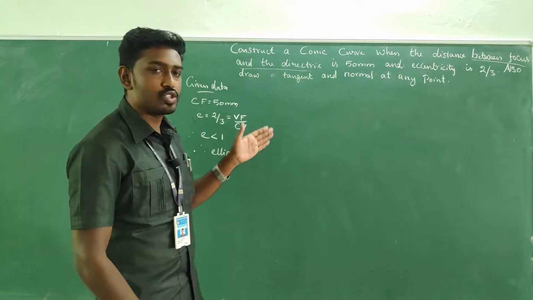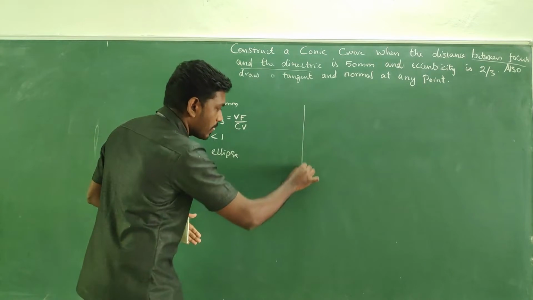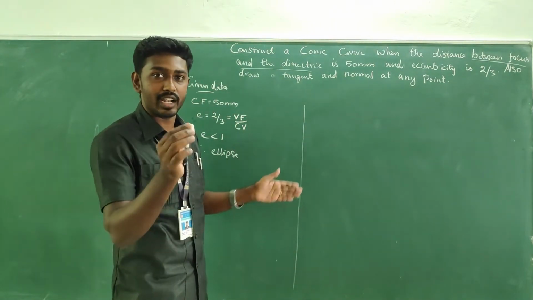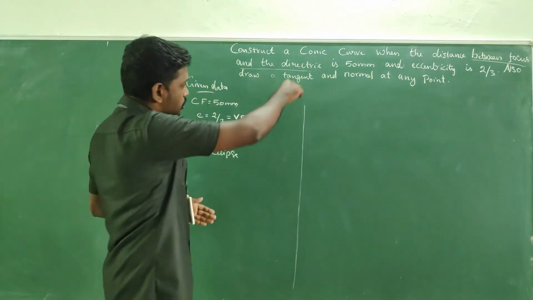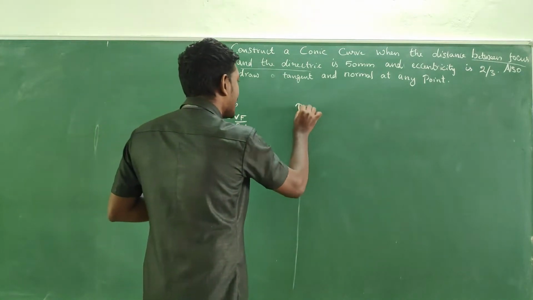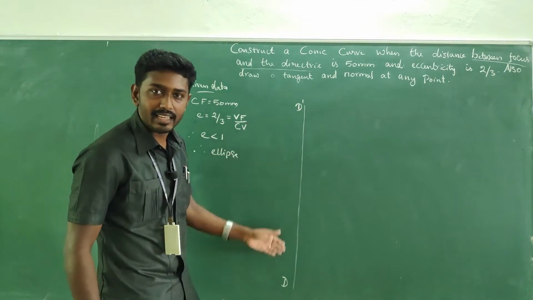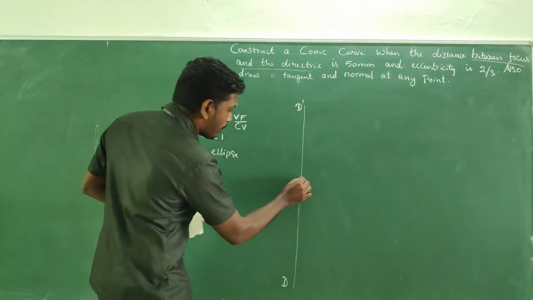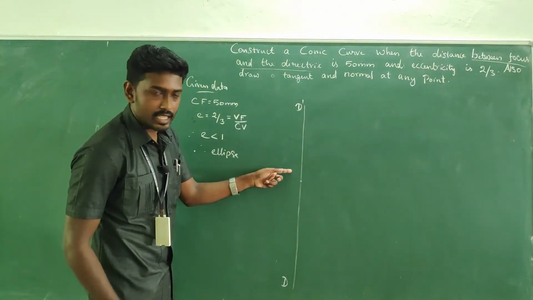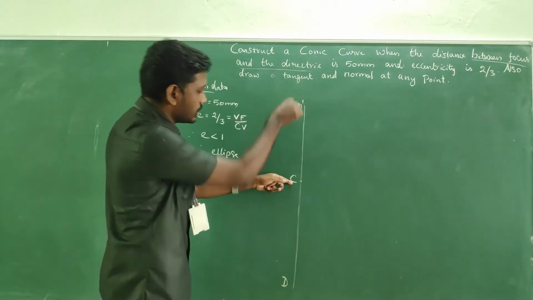In order to start the diagram, start with a vertical line. Go for a vertical line with a very thin line. For all the construction lines, use a 2H pencil. So draw a very good, thin vertical line. It is nothing but D dash and D, which is called the directrix. Keep a point on the middle of this D dash D, which is called C.